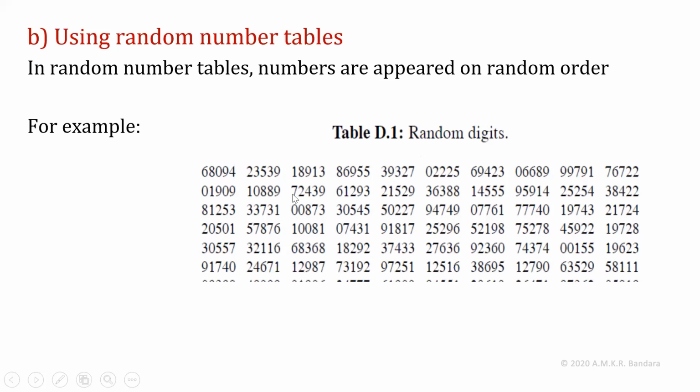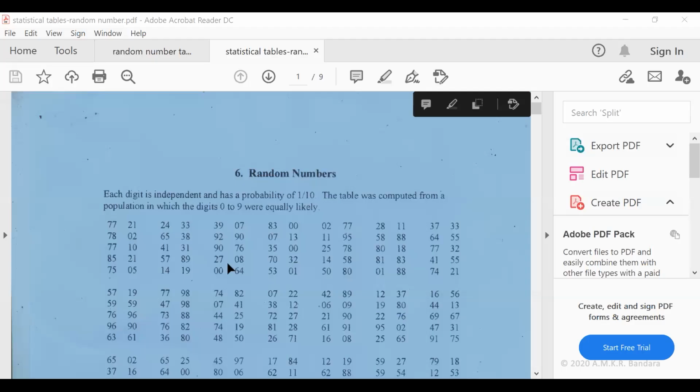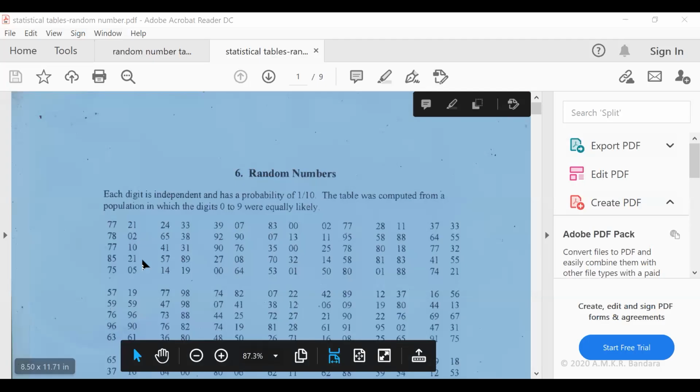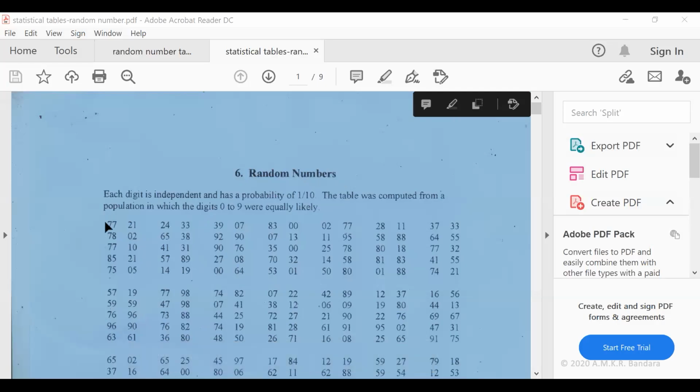Here, this is part of some one random number table. Likewise, there are many random number tables. I will show two random number tables, for example. Then this is a random number table. Here, numbers are listed in random order. This random number table consists of two digits.